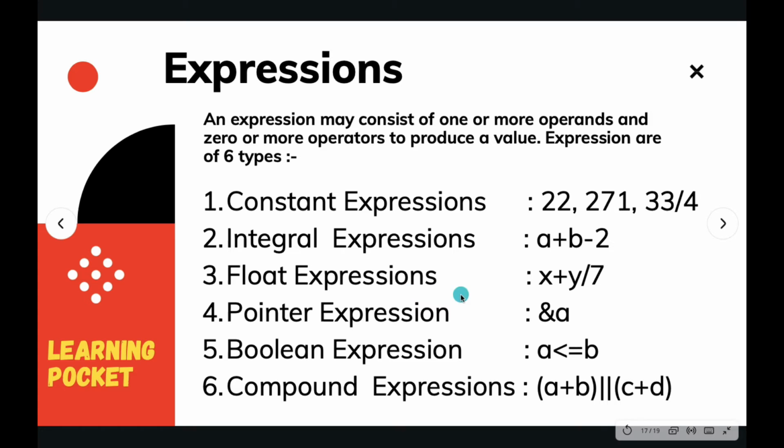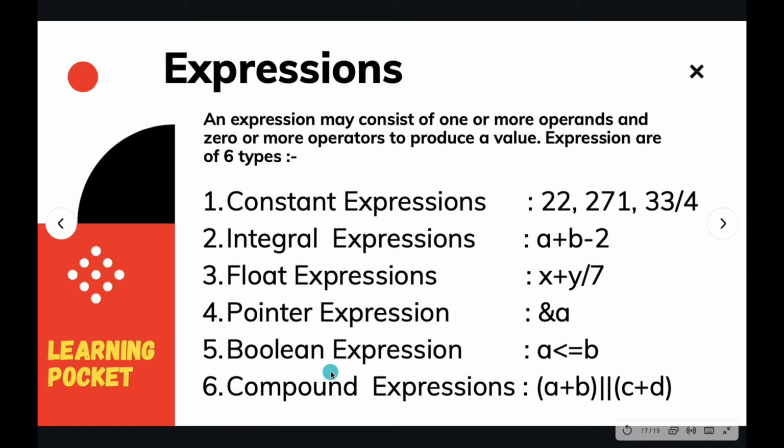And then we have floating point expressions, where we expect the answer to be in decimal, or you can say double, maybe a float number. So here x and y are floating point numbers themselves, and the division operation generally outputs decimals. And about the pointer expressions, we are going to discuss them in the pointers unit itself. And for now you can just say address of a, so you can stick with this example only.